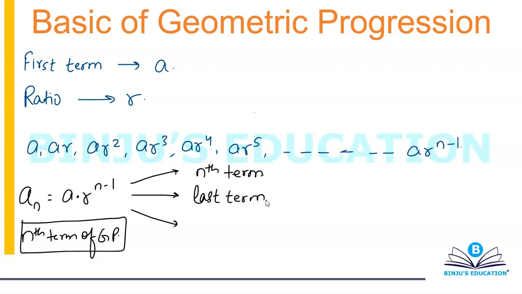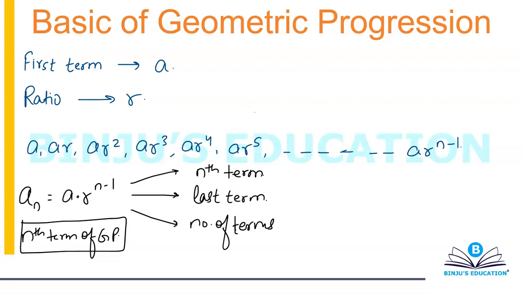And you can also calculate the number of terms using this formula. If you have the last term, the first term, and the common ratio, then you can also calculate the value of n. That is also quite feasible. So the bottom line is that in a relationship you have 4 variables, 3 of them will be given to you. You're required to calculate the fourth one. That's the bottom line. Nothing else is required.